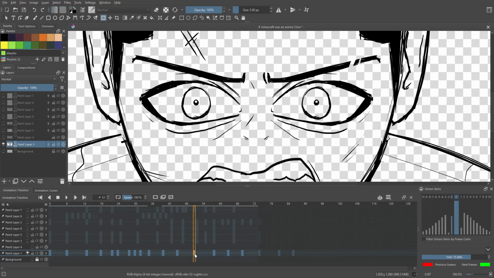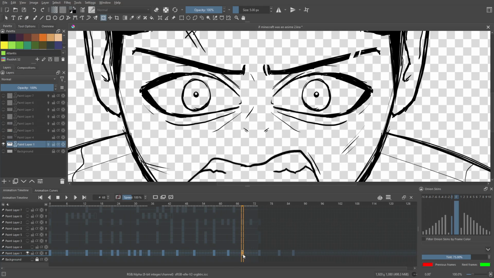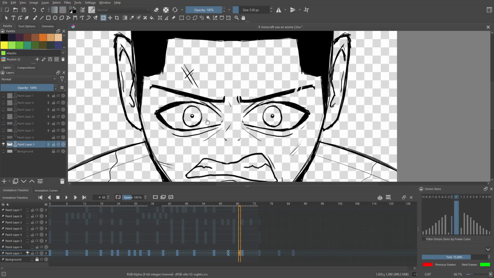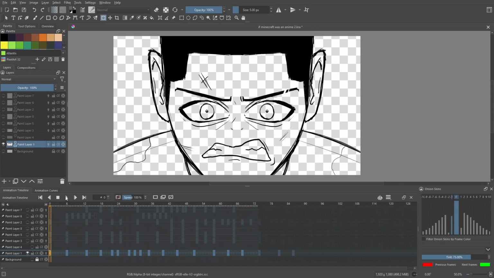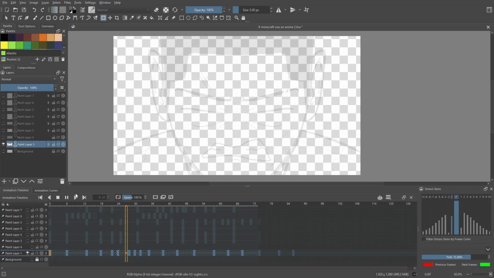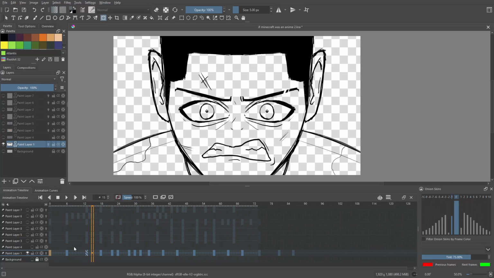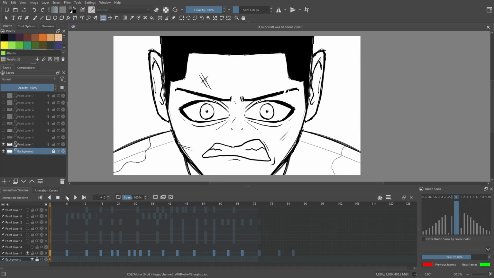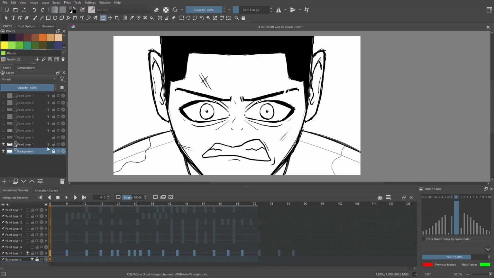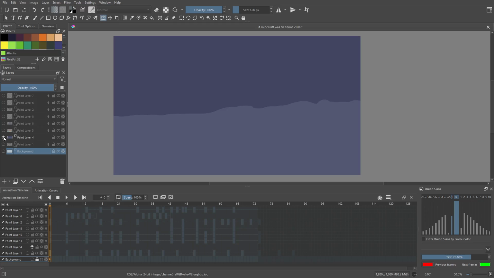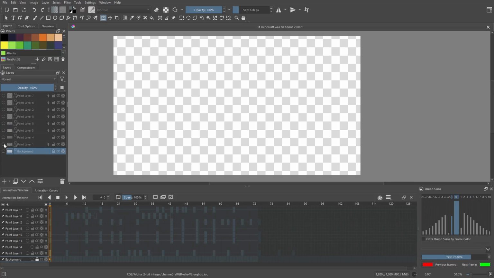And then through all this, the eyes are the same. Nice. That's the sketch, all right? And once we have the sketch down and everything's looking good, let's go ahead and play this whole thing. Oh, I forget that the opacity is kind of busted, but let's put the background on so you can see it a bit easier. When it plays through, there you go: blink, mouth move, eyes shoot open, little head bobbing, he's breathing hard, whatever. Super easy stuff. Once that's done, I like to do the background.